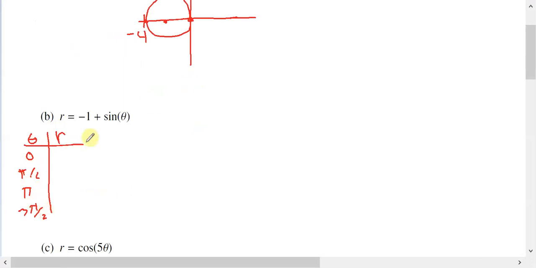The corresponding r, when theta is 0, r is going to be -1. When theta is pi over 2, sine is 1, so I'll get 0. When theta is pi, sine is 0, so I get -1 again. And when it's 3 pi over 2, sine is -1, so now I get -2. So if I plot those,